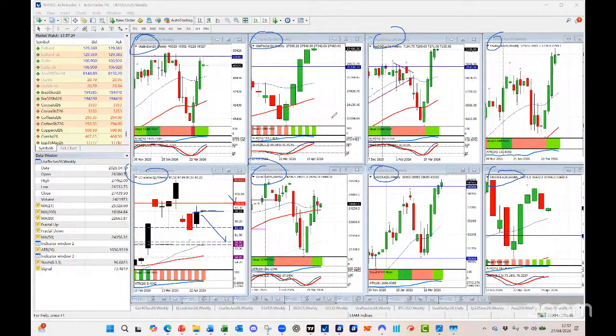But what we're interested in is, despite another assassination attempt on President Trump at the weekend, and the ongoing shenanigans in the Middle East and a whole host of other things, we still have managed on NASDAQ, on S&P, and on the Russell to still push and to close at new weekly all-time highs. And the same with the Nikkei as well. Okay, the Nikkei has done that as well.